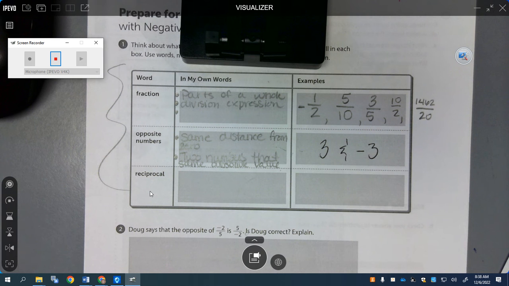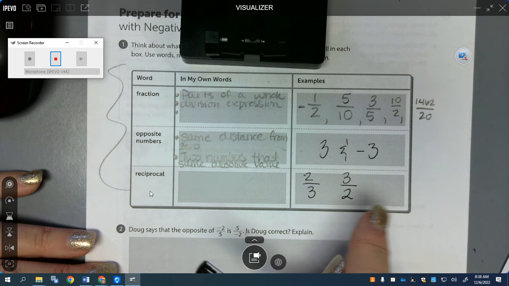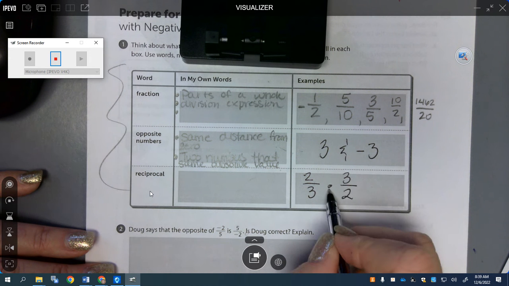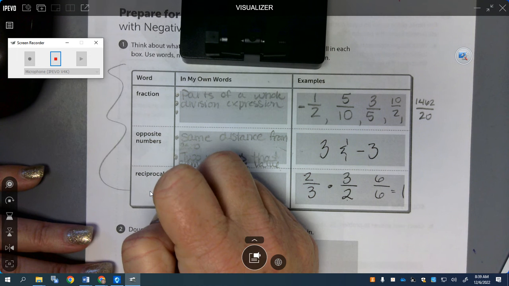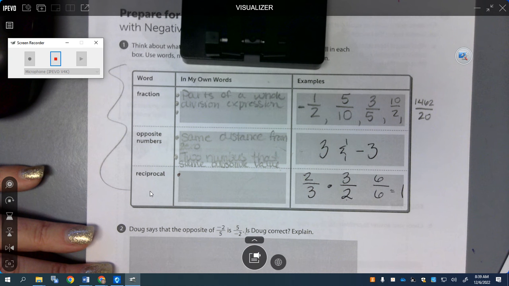Really, and this is the best way to explain it, right? So if I have 2/3, the reciprocal of 2/3 is 3/2. Basically your numerator becomes your denominator and your denominator becomes the numerator. Remember, the mathematical definition of a reciprocal is a number times its reciprocal gives you 1. Look, 2 times 3 is 6, 3 times 2 is 6, 6 over 6 is 1. Okay? A reciprocal, I like your definition. It's basically the numerator becomes the denominator, and the denominator becomes the numerator, or the definition of a mathematical term is